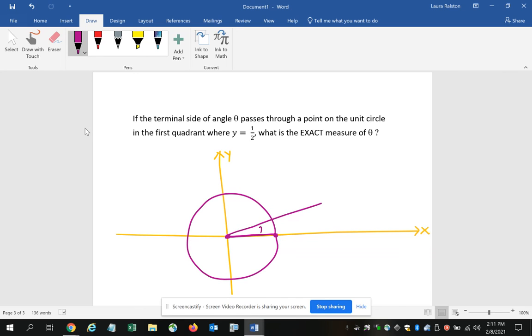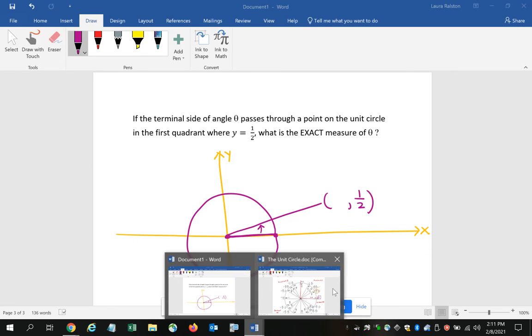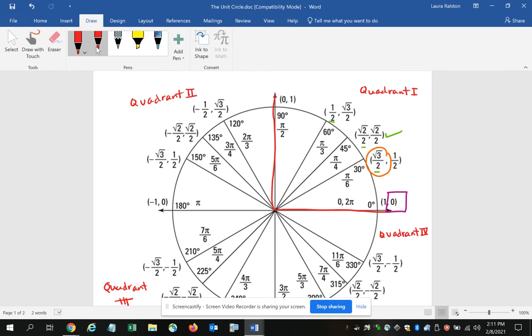So I rotate, and in this case, I know that the y value is 1/2. So if I go out to my unit circle and I look for where my y value is 1/2, notice that that is here